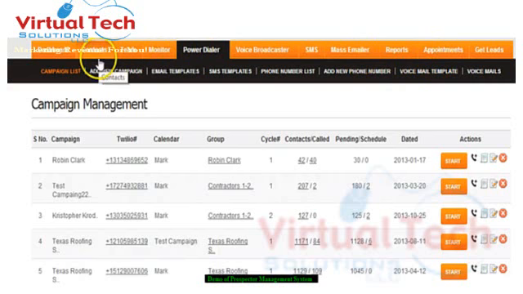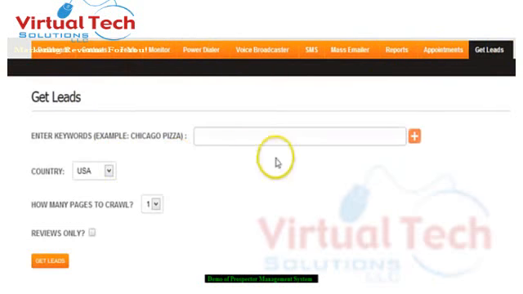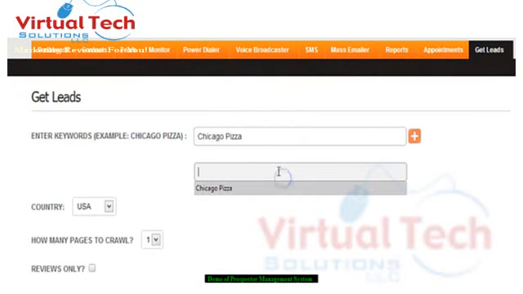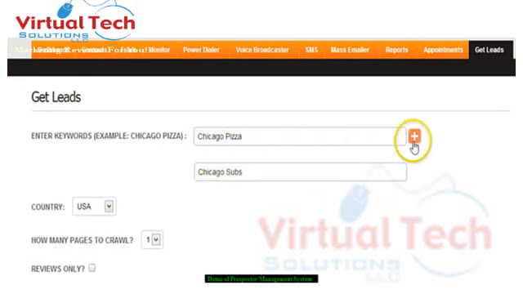Now, speaking of contacts, let's go over and check out the new features here inside the Get Leads tab. As you can see, we've made some modifications to the leads area where you basically have the ability to come in and choose the campaign or choose the keywords that you want, and you can just keep on adding different types of keywords. So for example, you wanted to search for Chicago pizza, then maybe you want to search for Chicago subs. I don't know. Anyways, you would be able to do that, and you can keep on adding up to